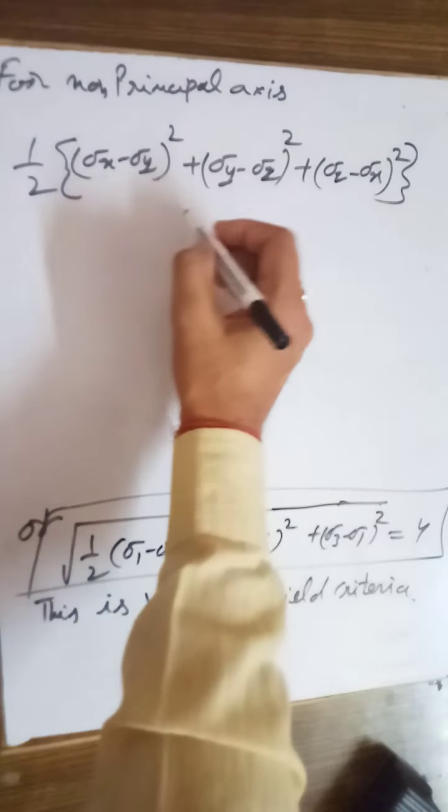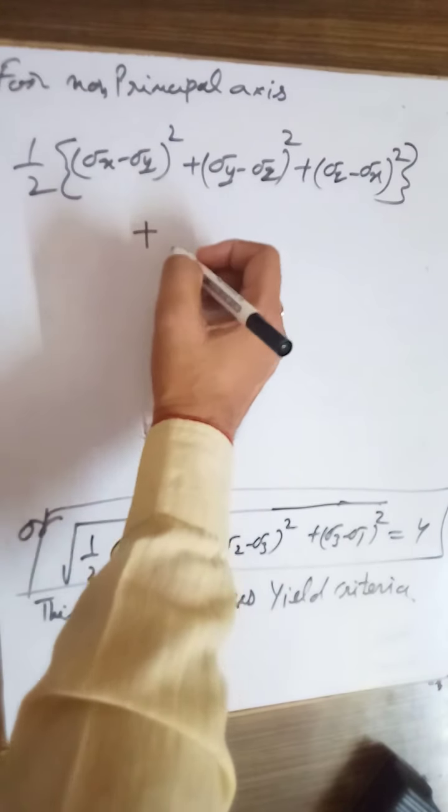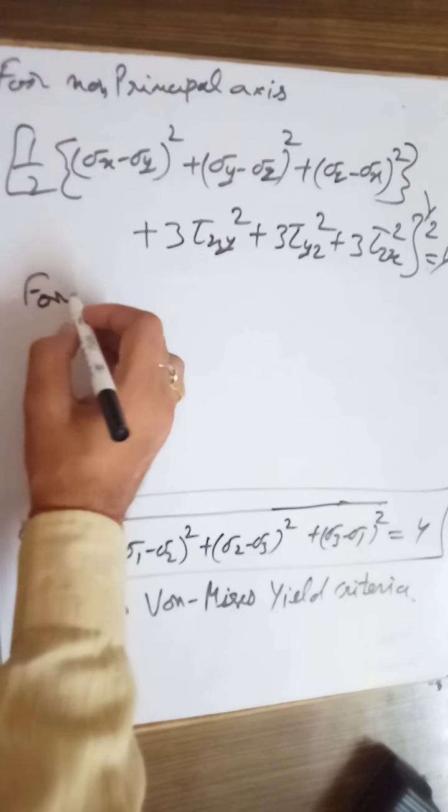plus 3 tau xy square plus 3 tau yz square plus 3 tau zx square, to the power half. Okay, that is equals to y, square root of that. So for the plane stress,